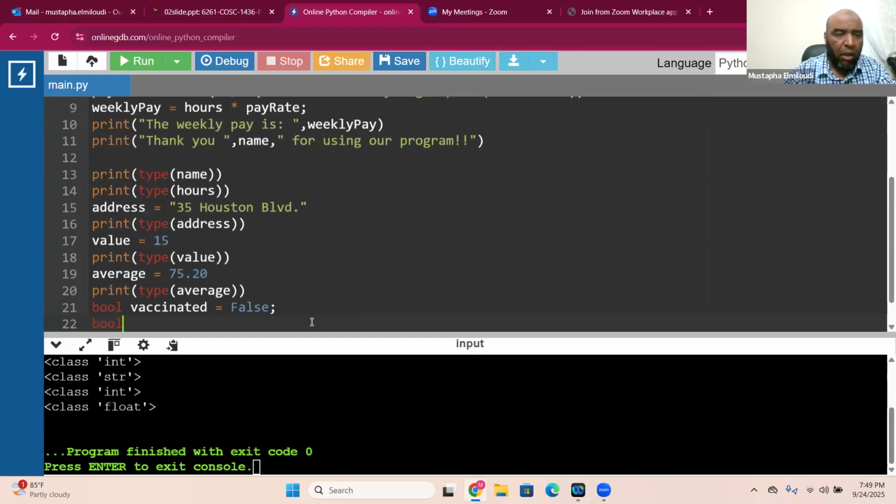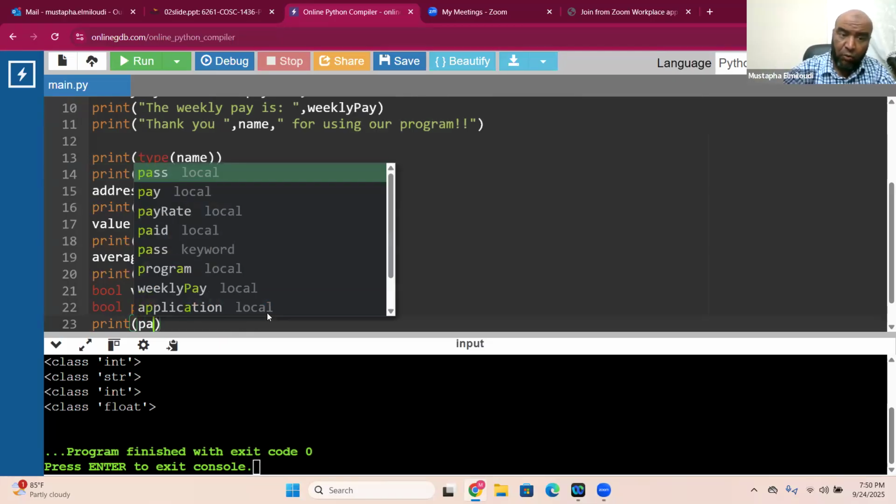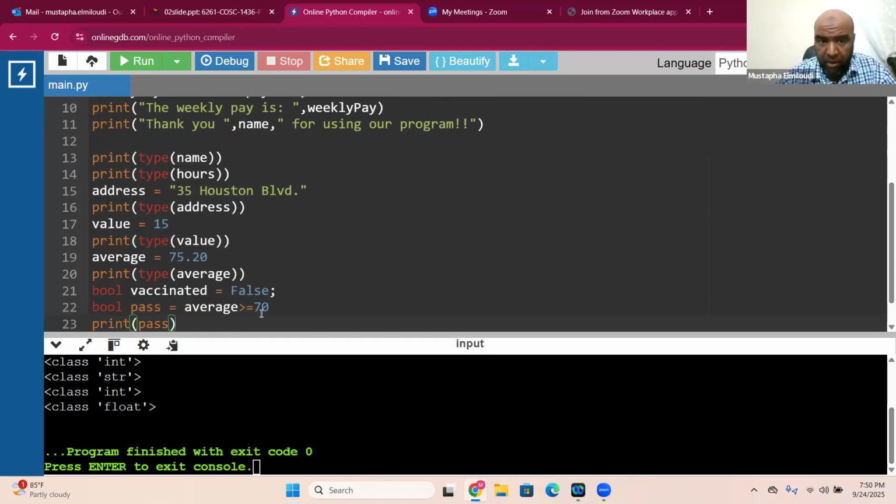Let's say I want to know if this value average is passing. So I'm going to call it pass. And I'm going to say average, is it higher or equal than 70? So it's like you are asking the question, is the average higher or equal than 70? So I should expect yes or no, true or false. Since the average is higher, it's like you are putting true in pass. So if I print pass, it's going to say true. Why? Because the program will compare and find out that yes, 75.20 is higher or equal than 70, so it is true. So if you run it,